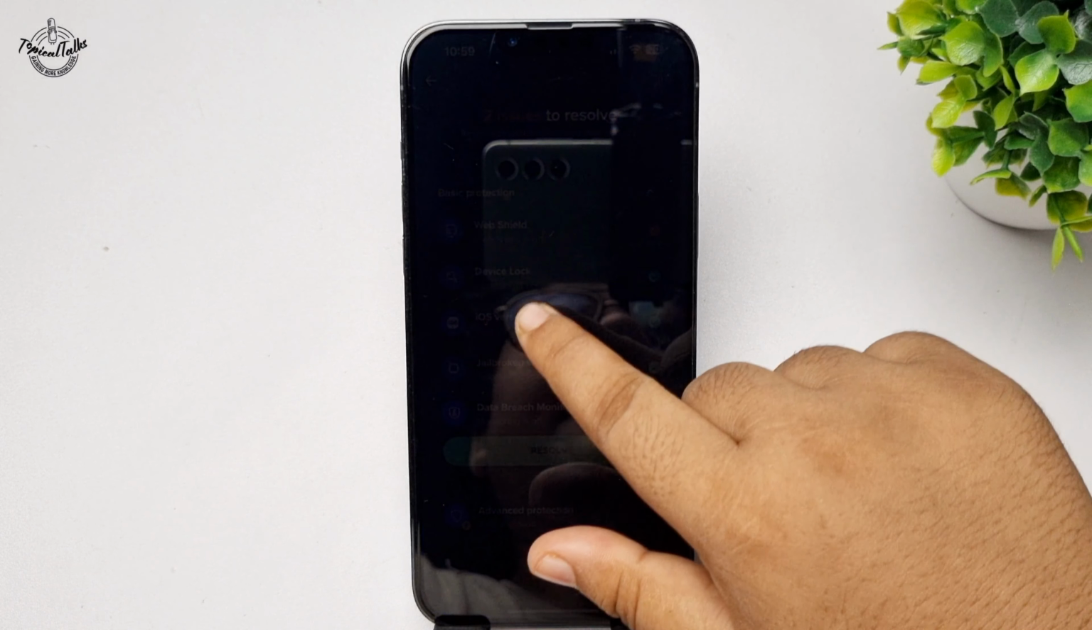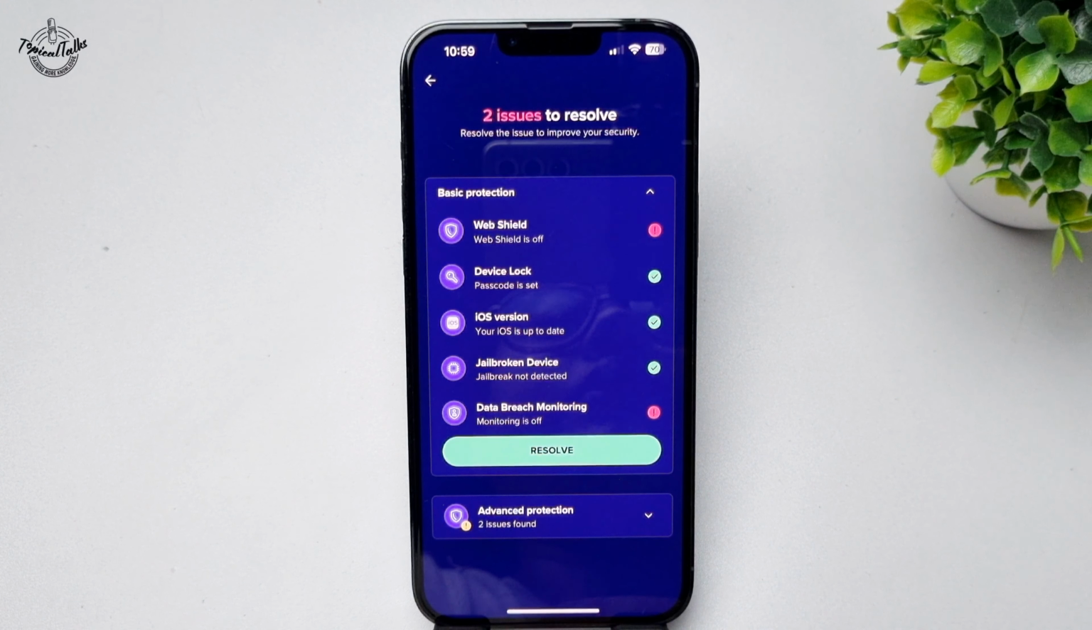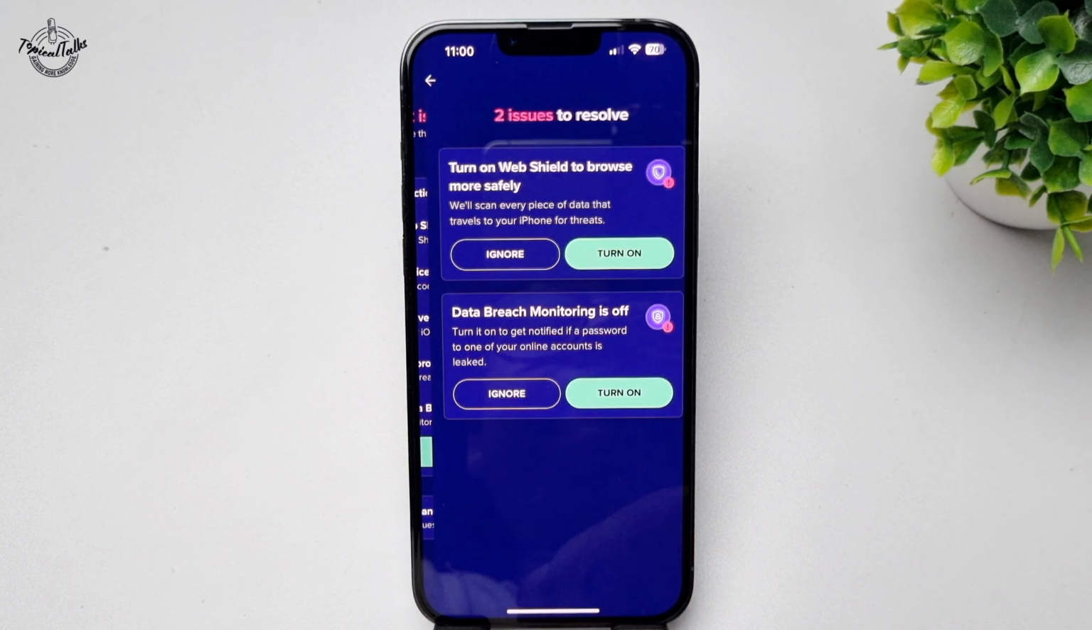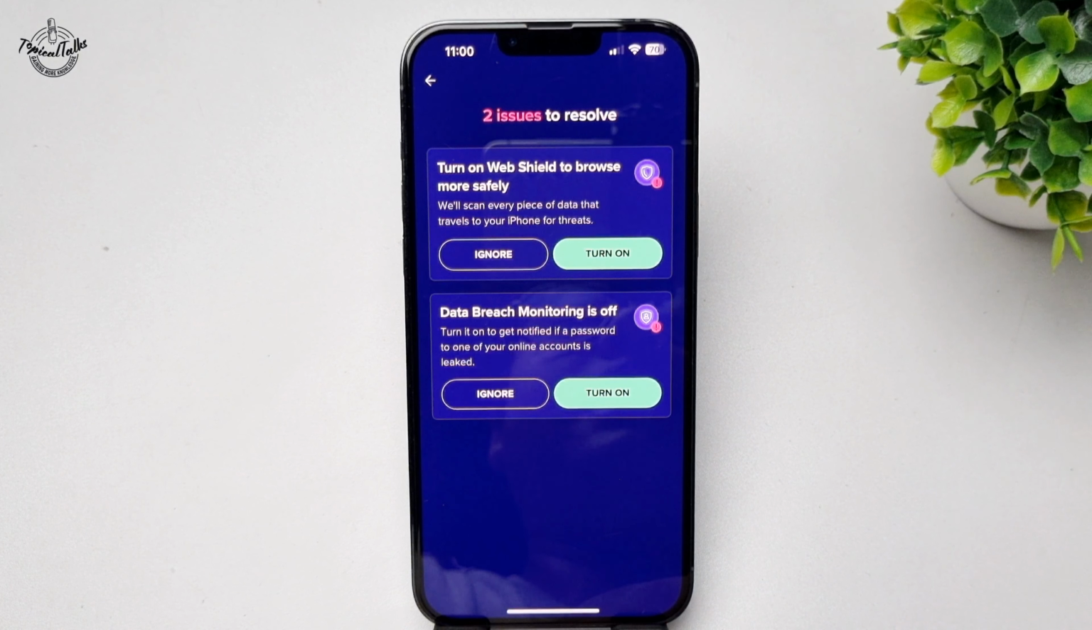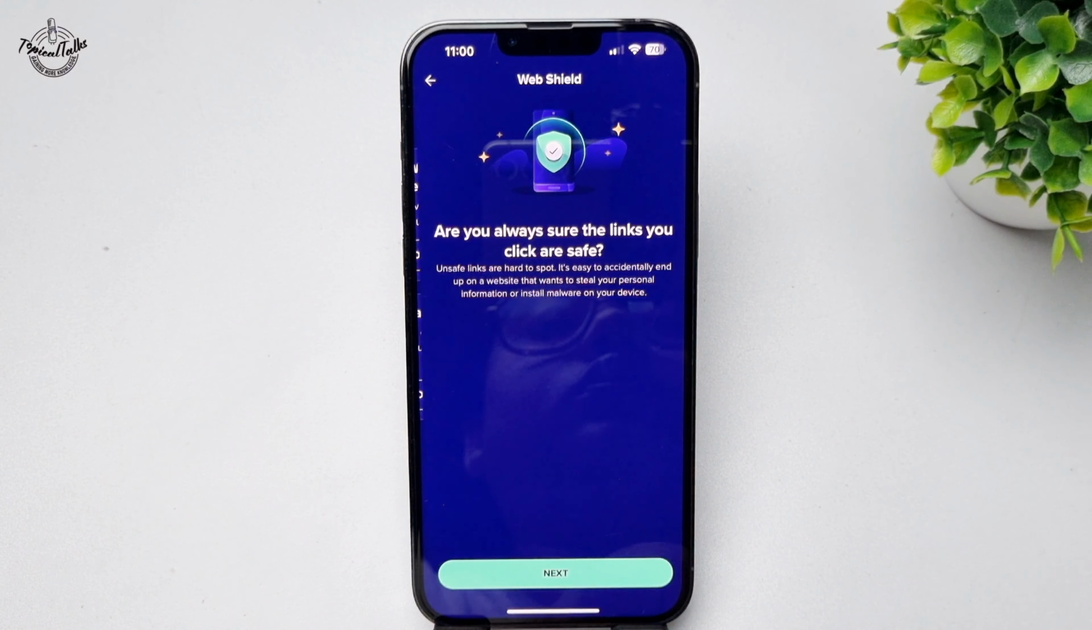And here we can see two issues to resolve. Resolve the issue to improve your security. So tapping on Resolve. And here I have to enable Web Shield to browse more safely. So I'm going to tap on Turn on, Next,